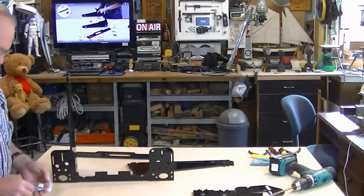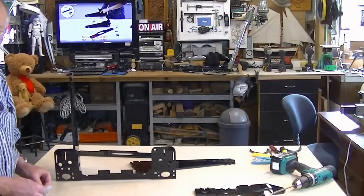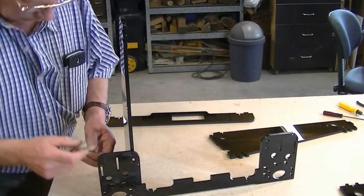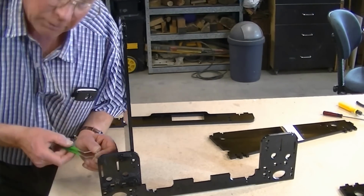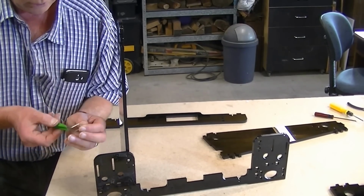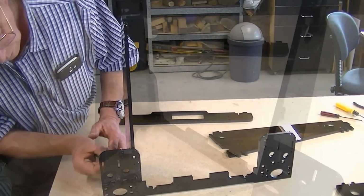So these screws and nuts put this together. I mean, it's very simple really, I think. If you've got big stiff fingers like mine, what you need to do is get yourself a little tool like that, catch hold of the nut, and